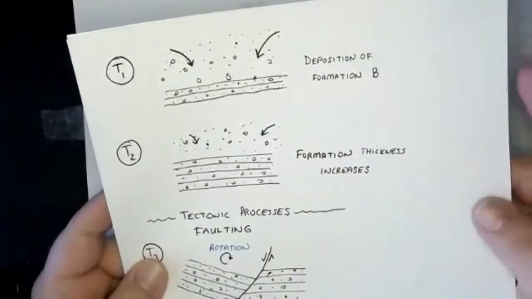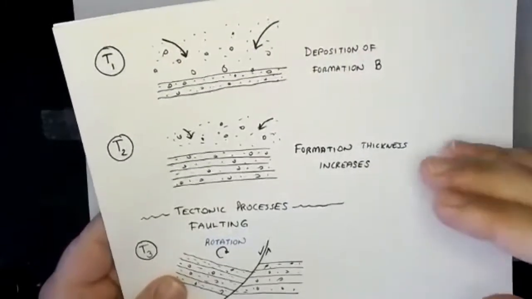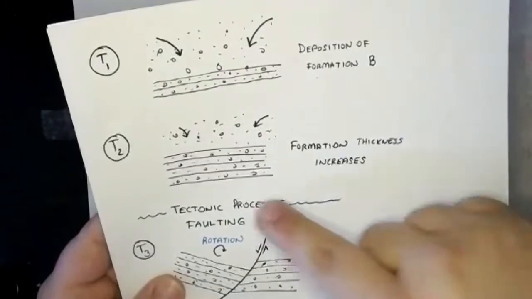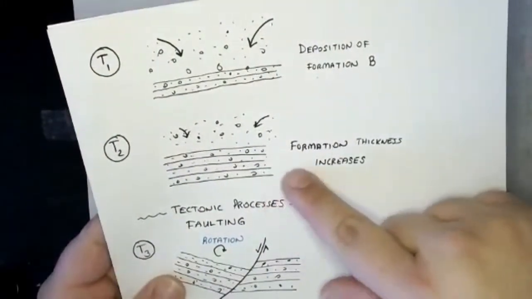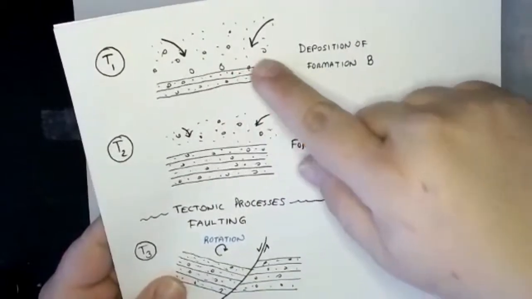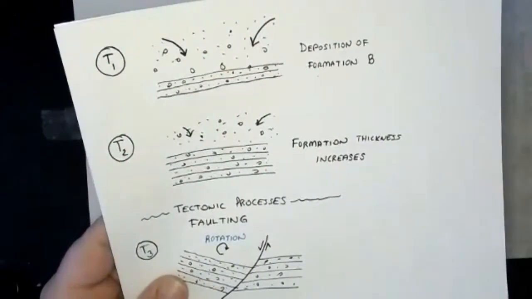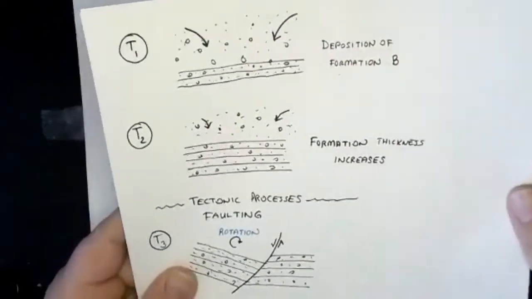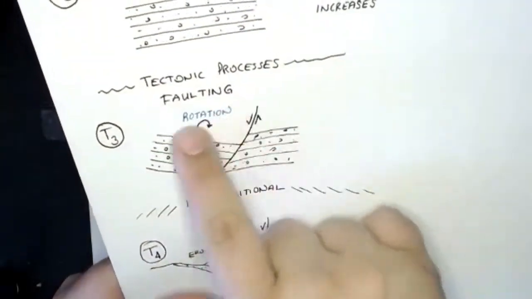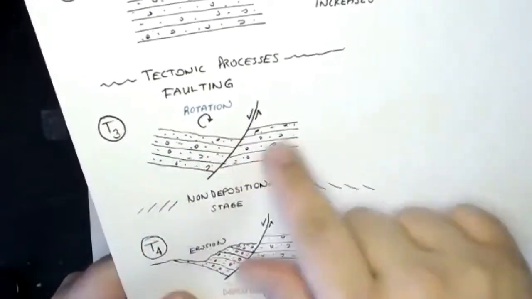This is stage one, and in the second stage, if the sedimentation process continues in the basin, if more sediments are received by the basin, then the sedimentary thickness of the formation will increase over time, because on top of these two layers, there will be more layers forming on top of these two previously formed layers. If this region is tectonically active, in this case, there will be a faulting process or folding process affecting these